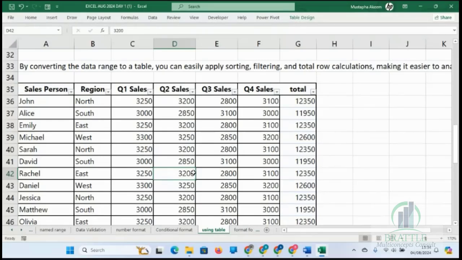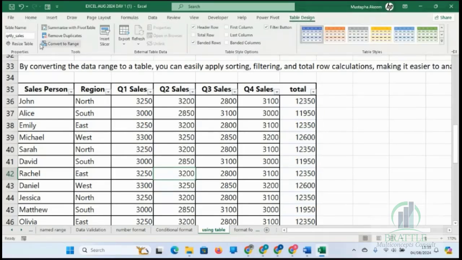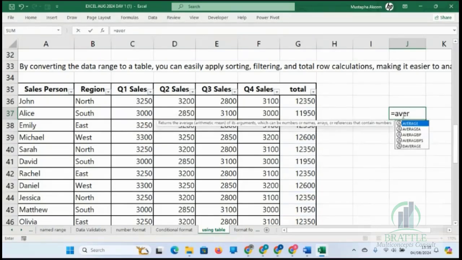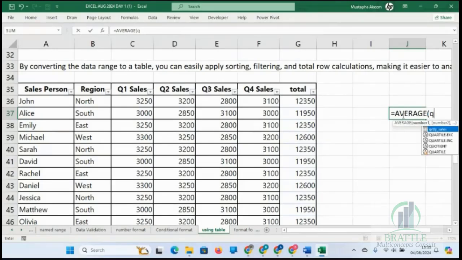When you finish, go to table design and, under table name, change the name to quarterly sales or any name of your choice. Then outside there, type equals to average or sum, then quarterly sales, call the name.